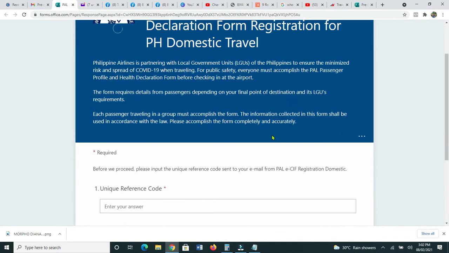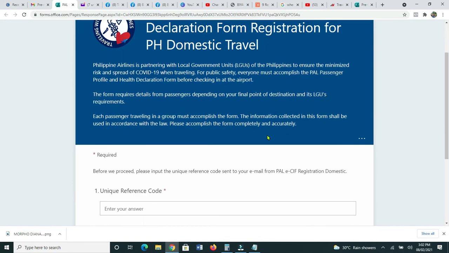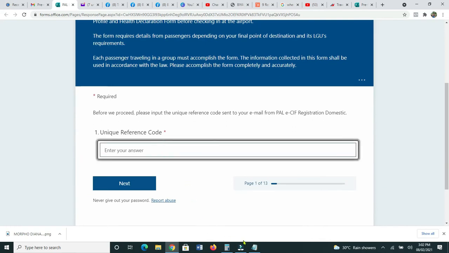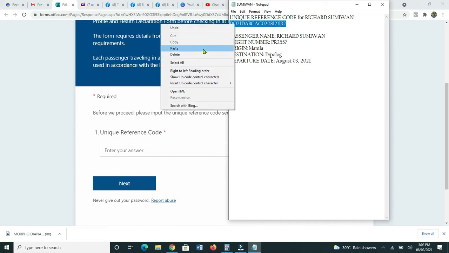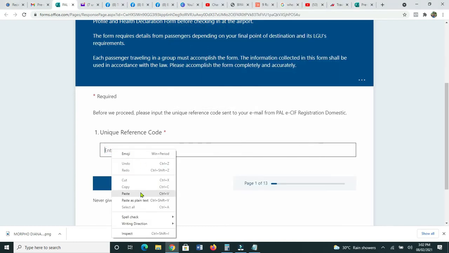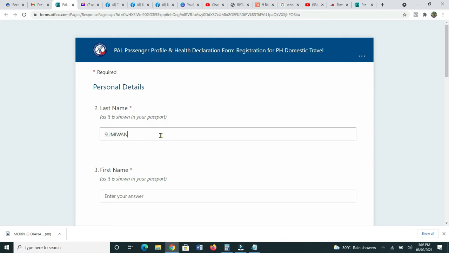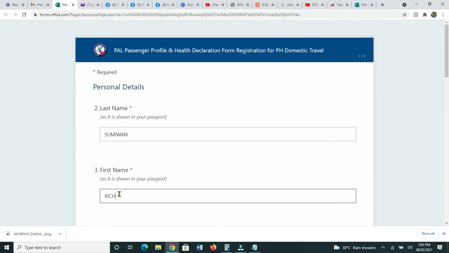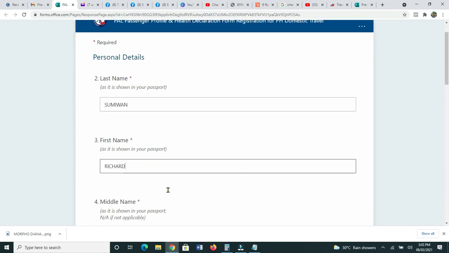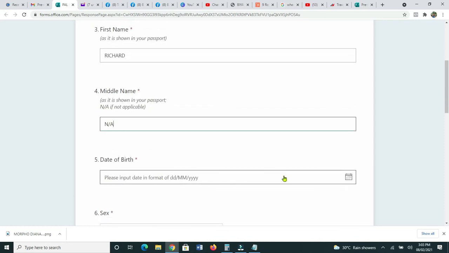So here is another form. PAL passenger profile and health declaration form, registration for the Philippine domestic travel. So code, the code that we saved a while ago, so we have to input. Next, last name, first name, middle name, you can put NA or not applicable, date of birth,